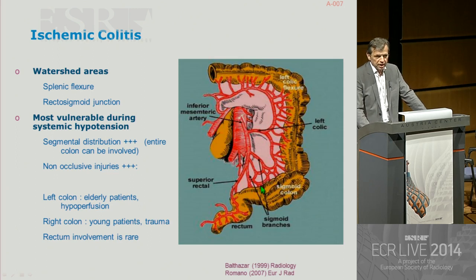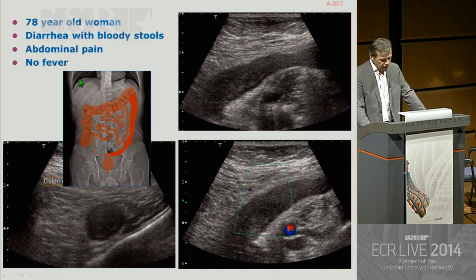The right colon is less involved, but it's generally a more severe disease, more in young patients, post-trauma patients, embolic cases. Rectal involvement is very rare. Here is a case of a 70-year-old woman with diarrhea with bloody stools and non-specific abdominal pain, sent for an abdominal ultrasound. We found this hypoechoic wall, without Doppler signal, without layers identified, which is very typical of